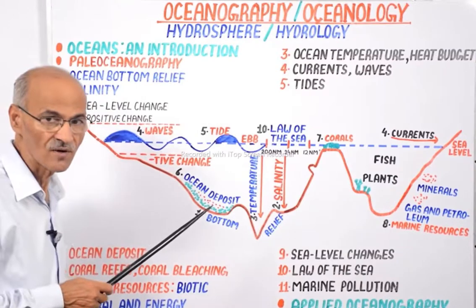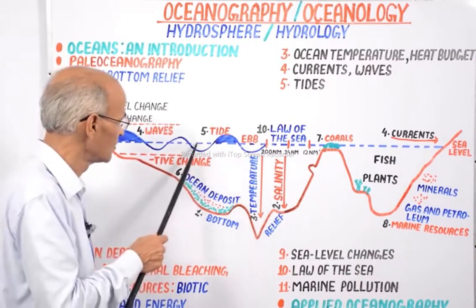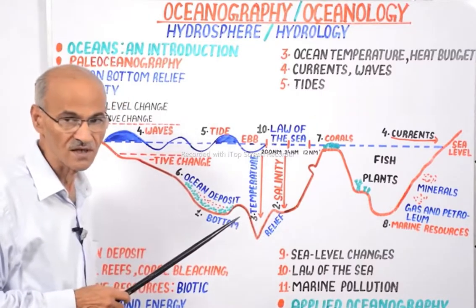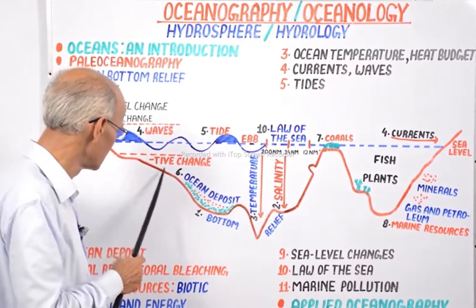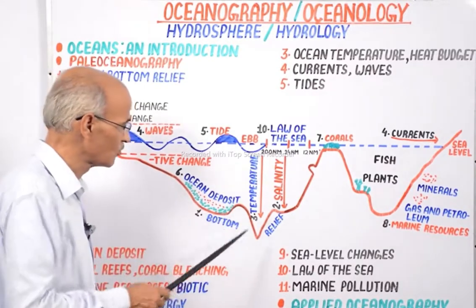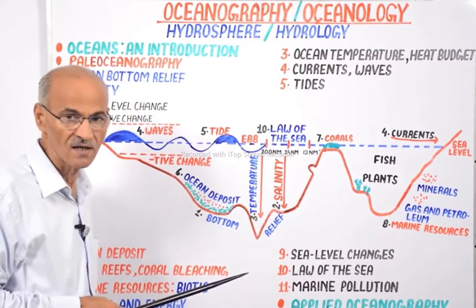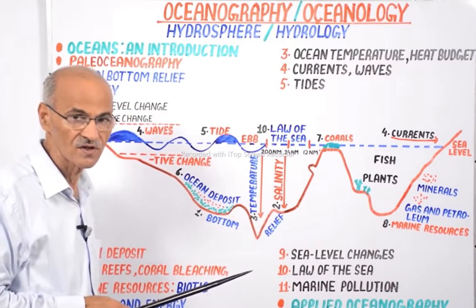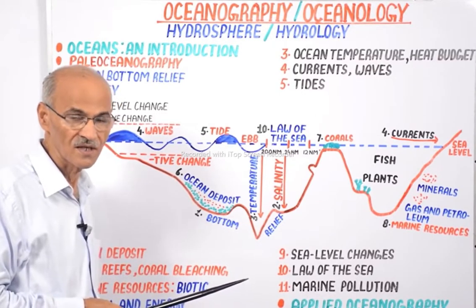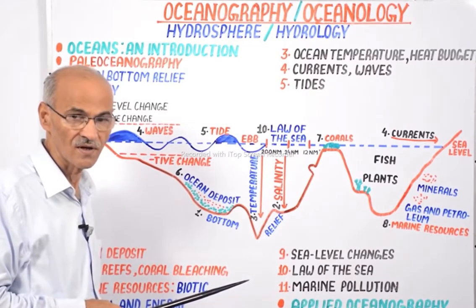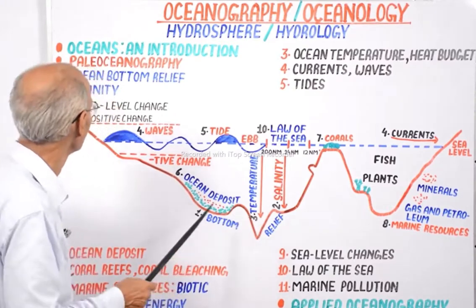If you were blessed to travel on foot on the sea level, you would not have any experience of the ocean bottom. But if you travel on this, you will feel that a number of topographies are there, and these topographies are mainly the result of endogenic forces. This topography is represented with the help of the hypsometric or hypsographic curve, which is undergoing continuous change due to tectonic activity.